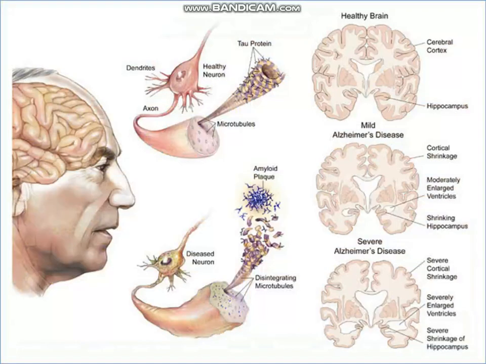Another diagram showing the healthy brain, the mild Alzheimer's disease, and severe Alzheimer's disease. In the healthy brain, there is normal thickness of the cerebral cortex, while the mild disease there is decreased thickness of